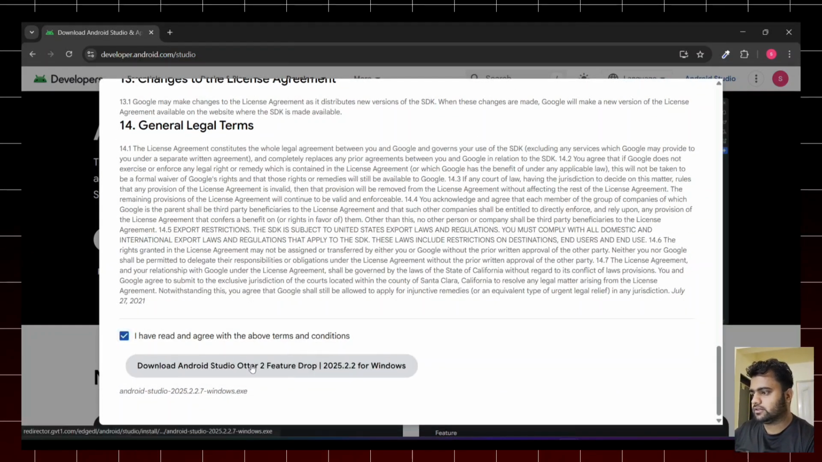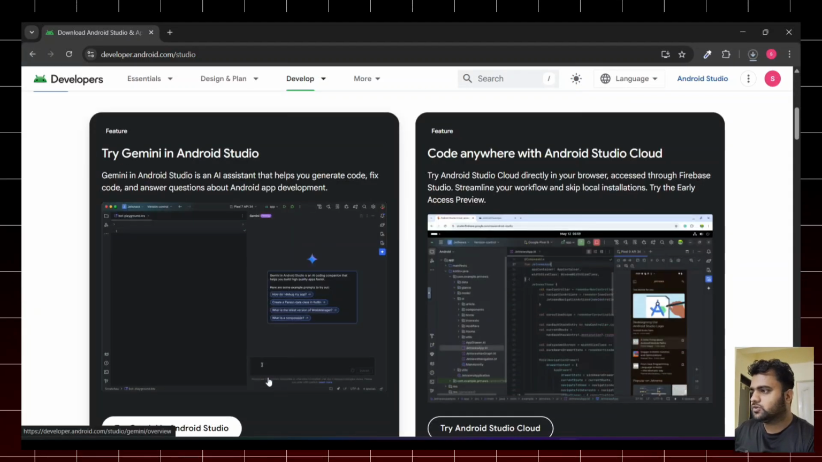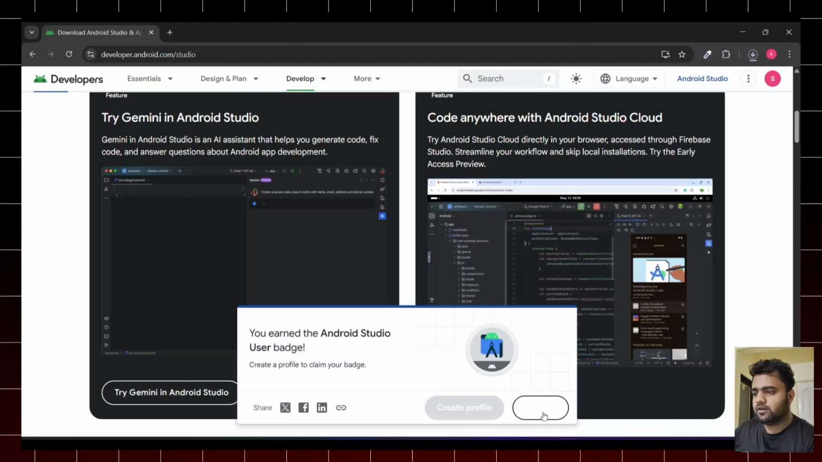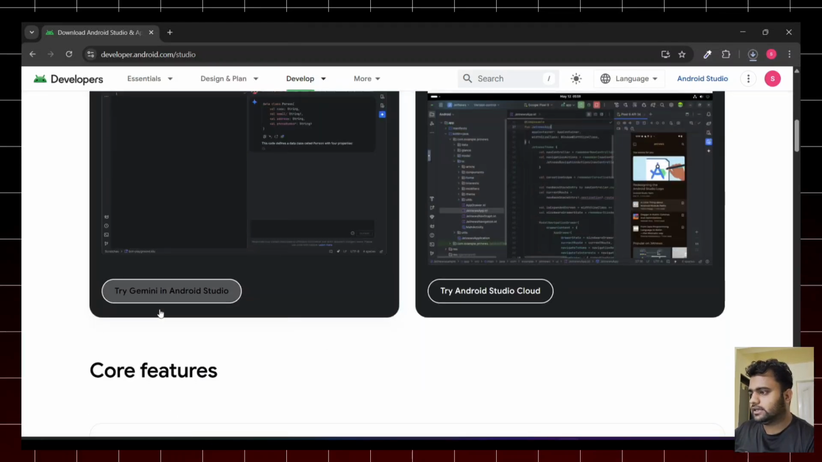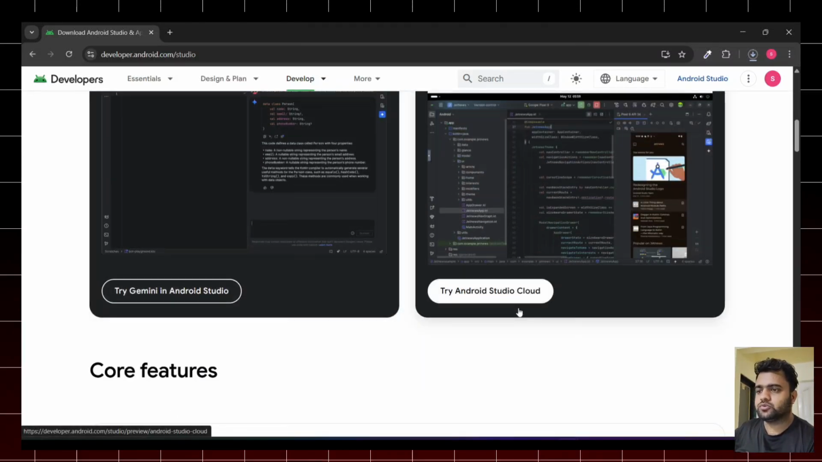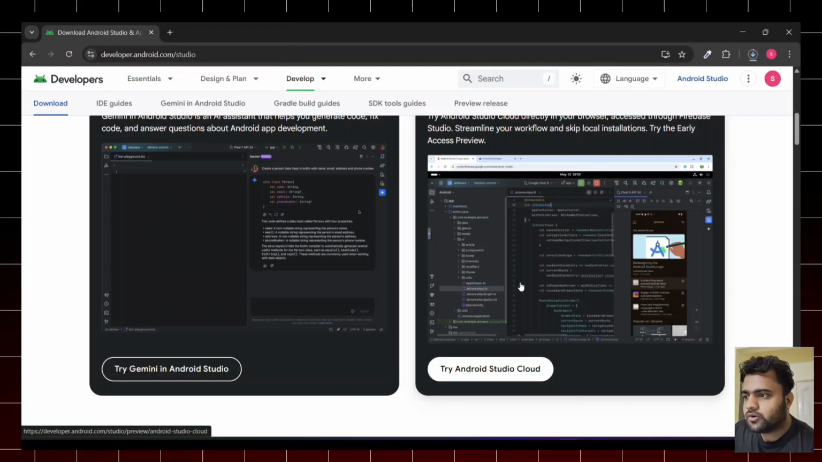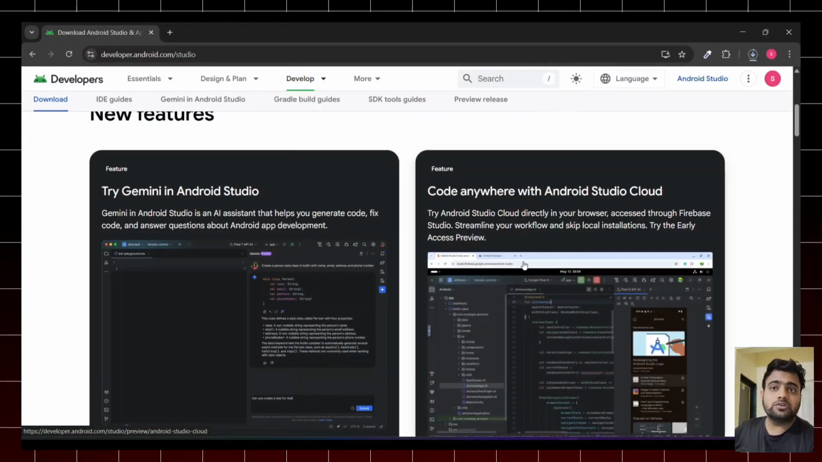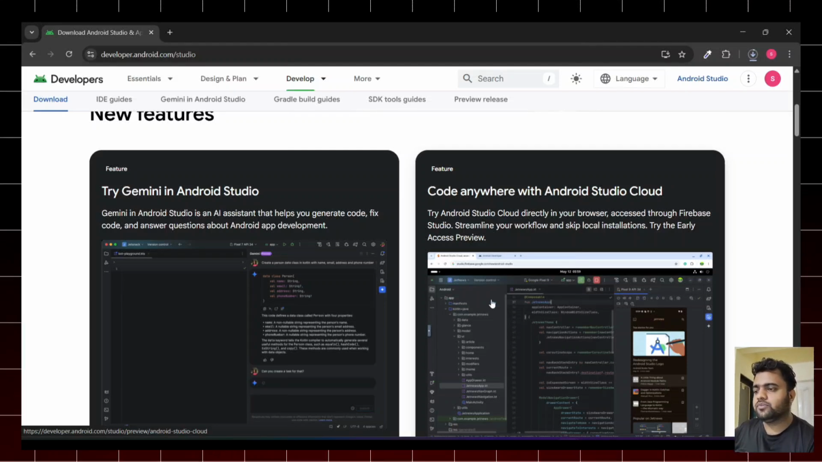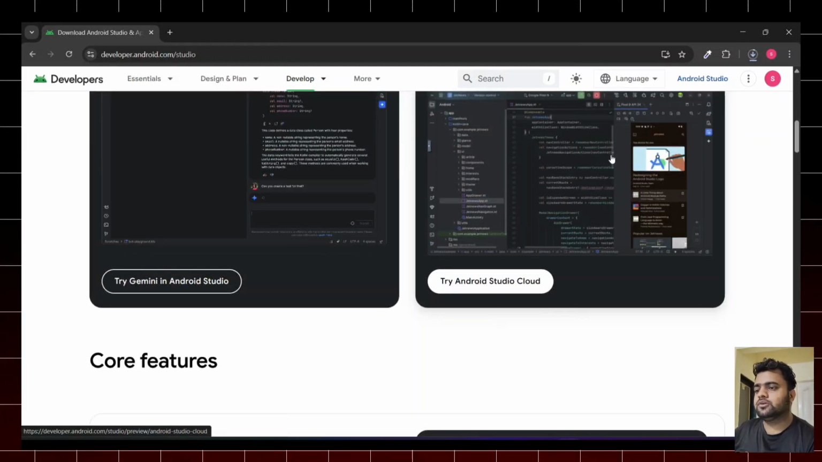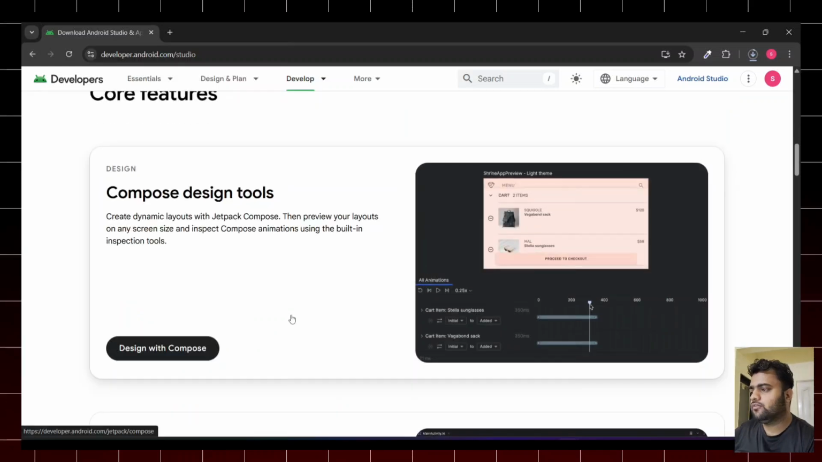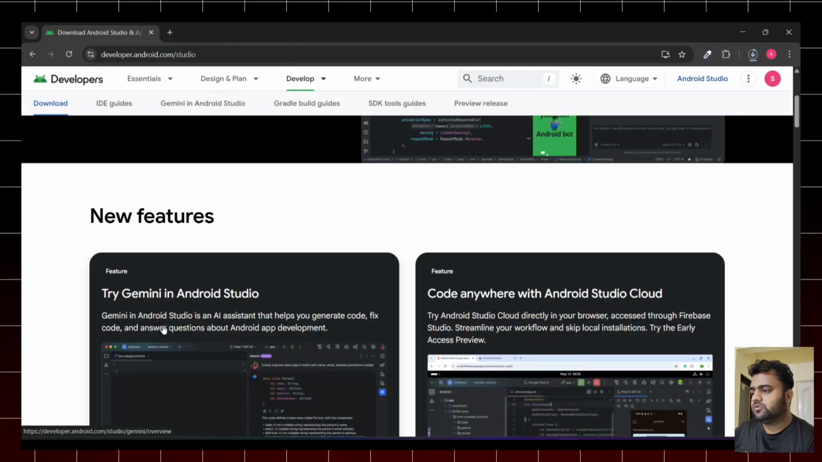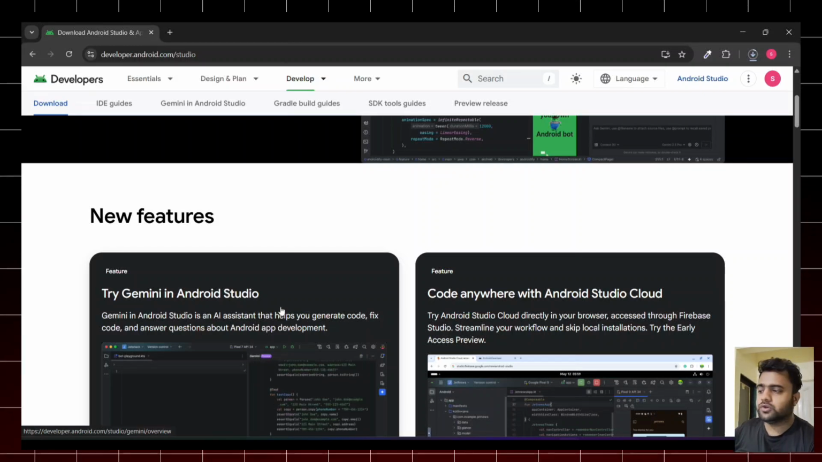Now let's click on this. Okay, so try Gemini in Android Studio. We are going to see all these things. I will try Gemini in Android Studio, and try Android Studio Cloud. So if you want to run Android Studio Cloud, we will see it in the next video, right? We can run Android Studio from anywhere. We are going to explore this section in the next video. As of now, we are going to just simply install, and we are going to use Gemini in Android Studio